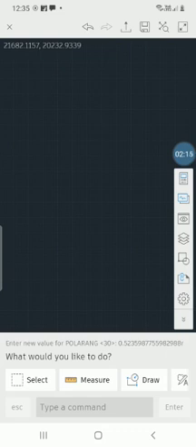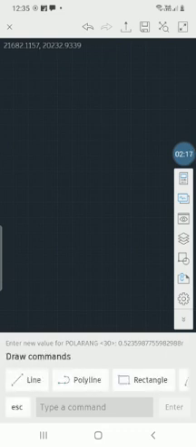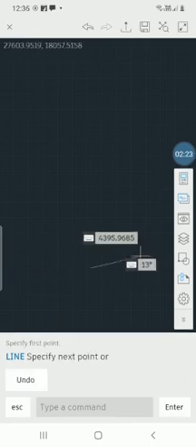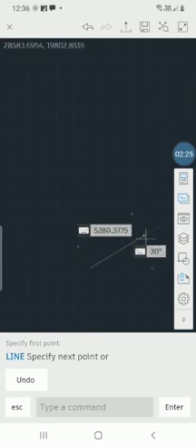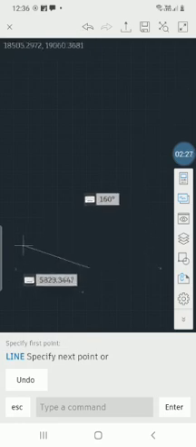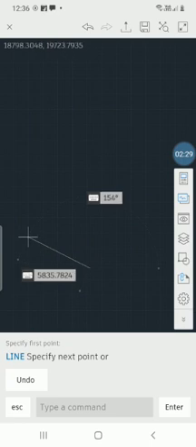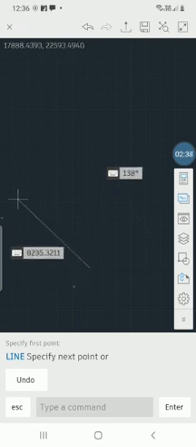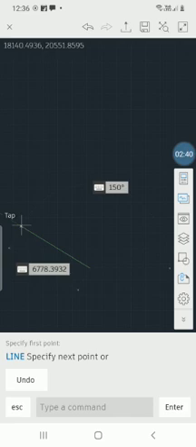Click on the draw button over here and select the line command. Now move your cursor on the screen and select one tab over here. Once you have selected this tab, you can see that at 30 degrees, whenever I am moving my cursor, it is coming green. It is coming green because we have set the polar angle in the mobile application. As per our regular method, draw a 100 mm line.